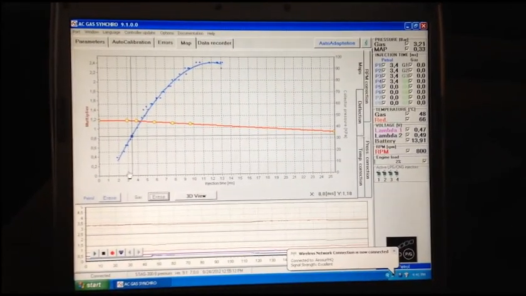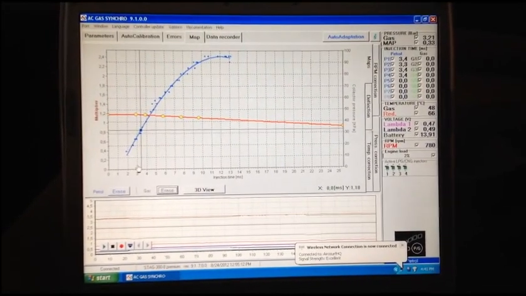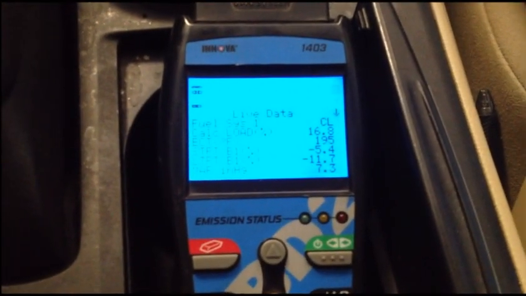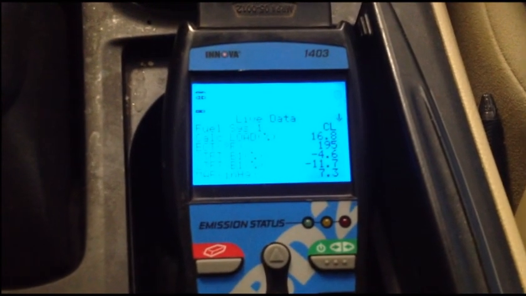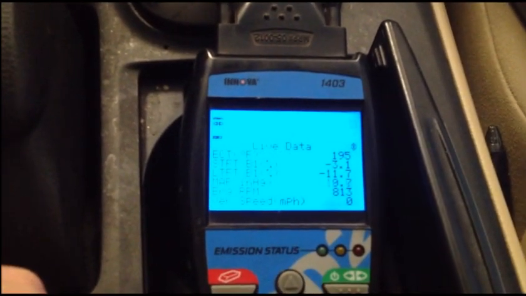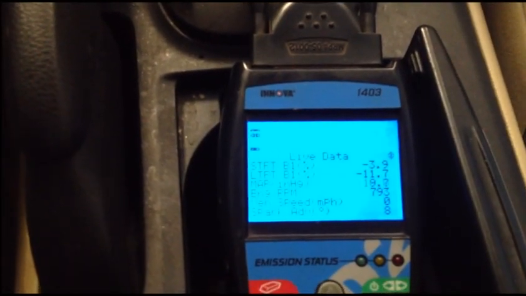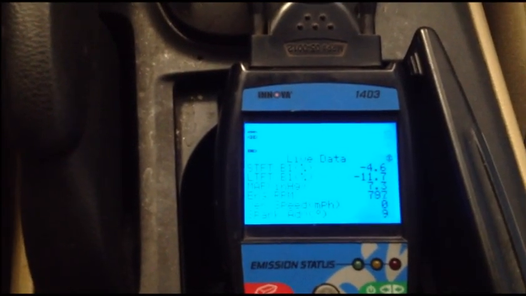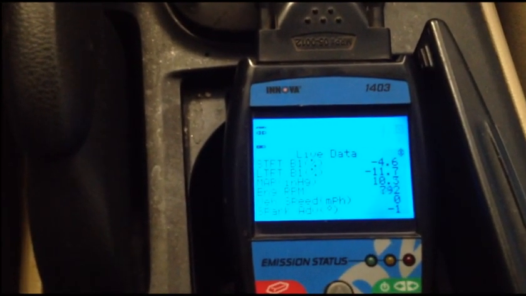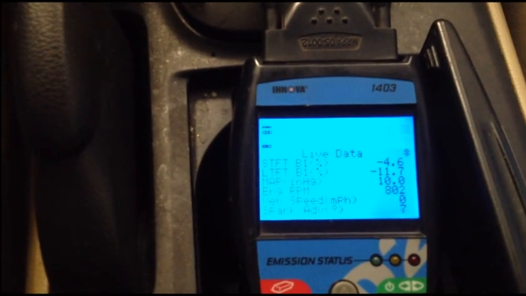I would also recommend that during this process, if you don't have a scan tool, get a basic scan tool that'll allow you to read your data points. You can't really read the display too well on this one. Specifically, what we're looking for is a long-term and short-term fuel trim, which I have set to the top there. We only have one bank because this is a 4-cylinder, so there's just a short and long-term. And you can see between the two, -11, -7, somewhere in that neighborhood, it's averaging -17 as an overall fuel